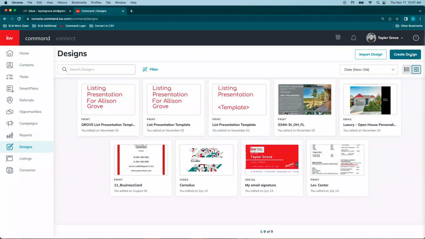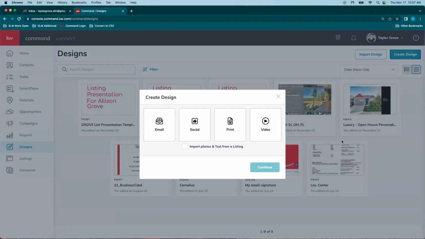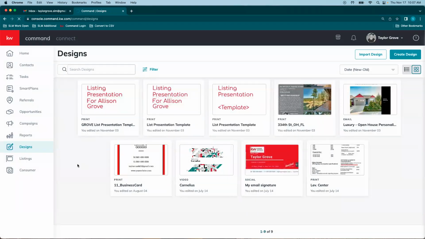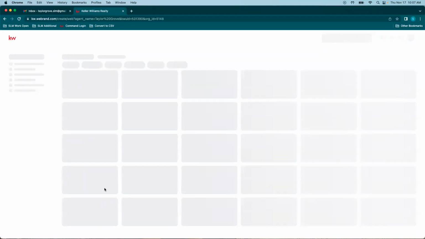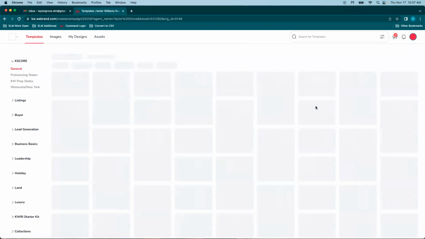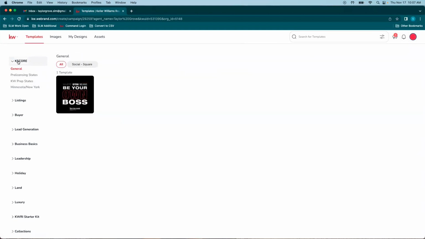And now that we're in here, first thing we're going to do is create design. And we're going to go with social. We're going to start with creating the email signature. And that's going to drop you into all of these templates. And actually, before we go in and start editing that,